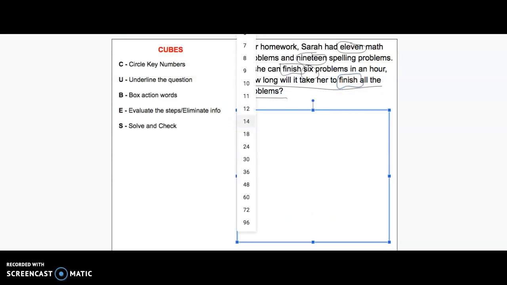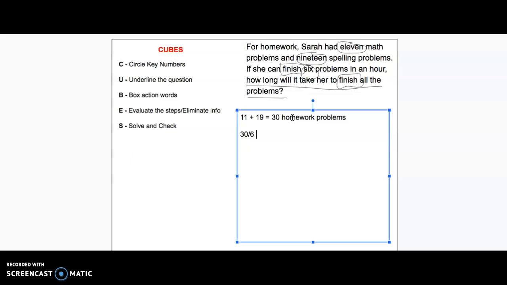So we know that Sarah had a total of 11 math problems and a total of 19 spelling problems. So we have 11 plus 19, which equals 30. So we know that she had a total of 30 homework problems. So we're going to move the 30 down here. And we know that she can finish 6 problems